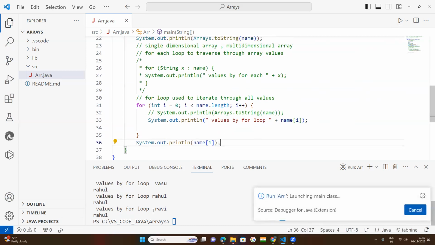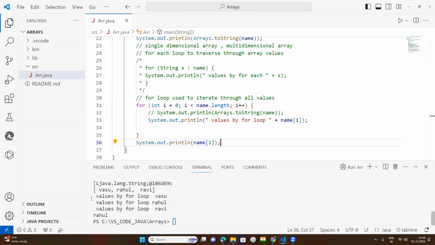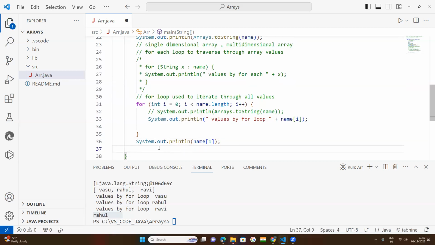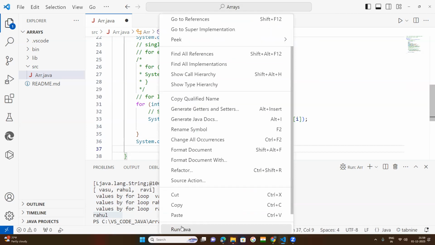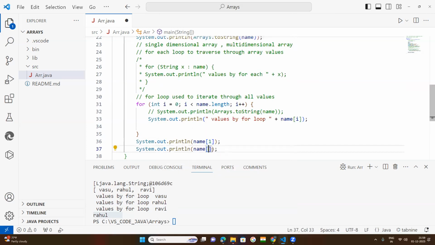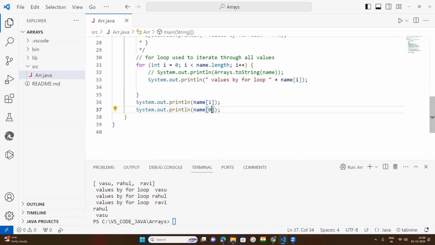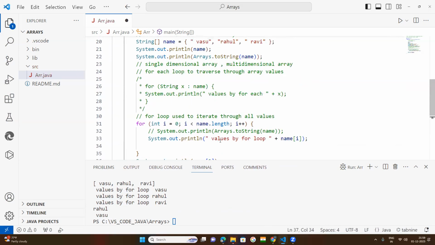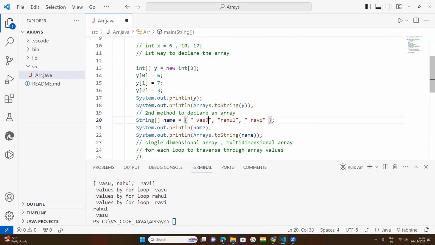Now run this code. See, this is what your for loop executed. After that, you get your index value, whatever value is at that index. Now if you want to get the value at 0 index, you put 0, so you will get that. If you put index 3, you will get an error. Why? Because there is no index 3. The indexes are only 0, 1,